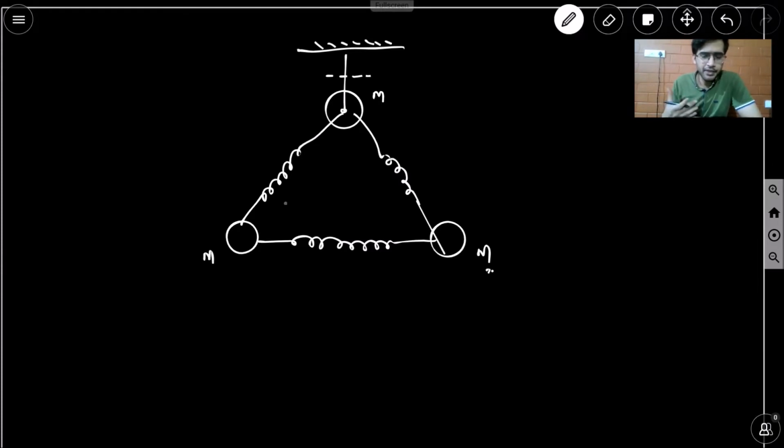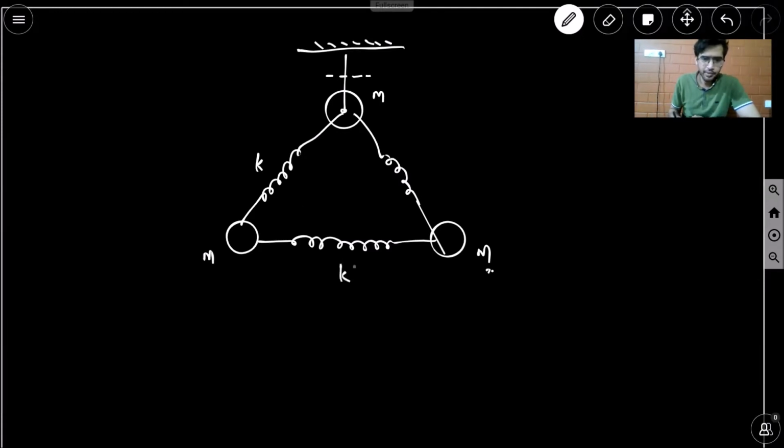So first of all, these springs will initially be in an equilibrium state over here. So let's draw a free body diagram for when all of these springs will be in equilibrium, right? And here we'll be making a slight assumption. We'll say that the shape of this will not change by much. We'll say that this still retains the shape of an equilateral triangle, which is accurate to a certain extent, right?